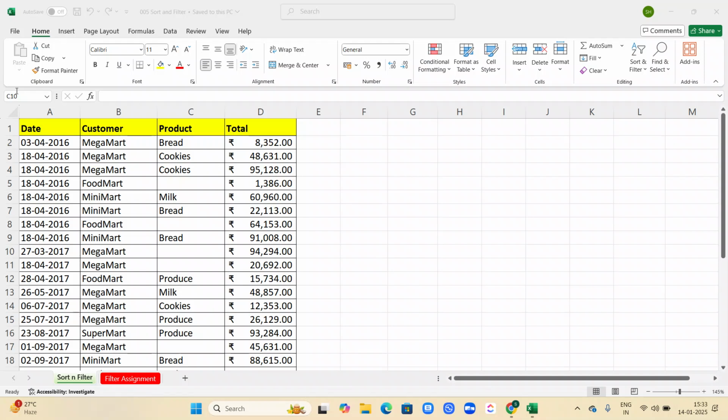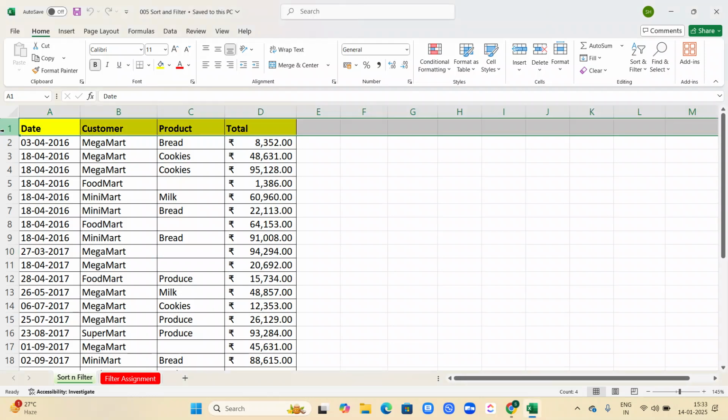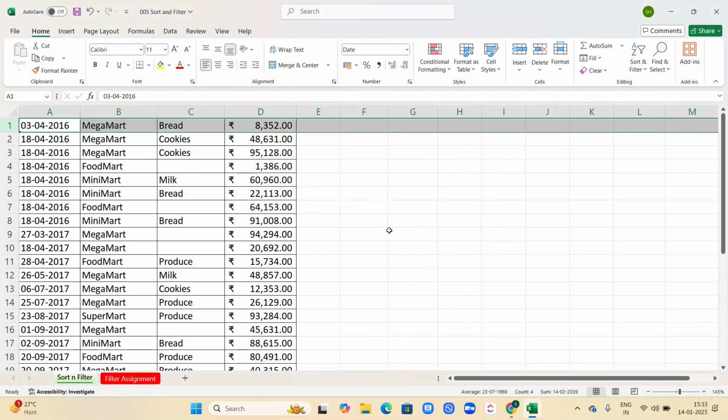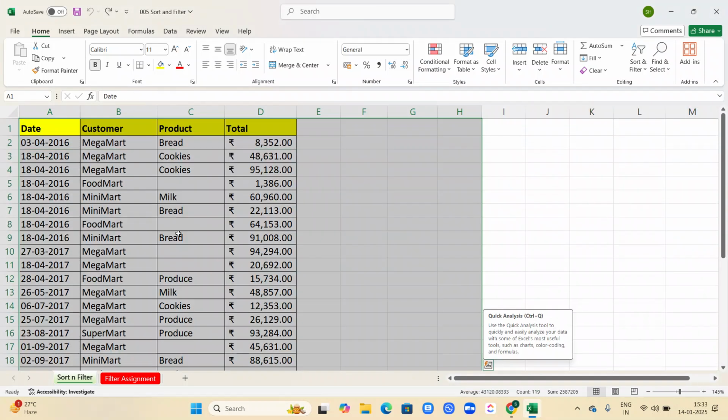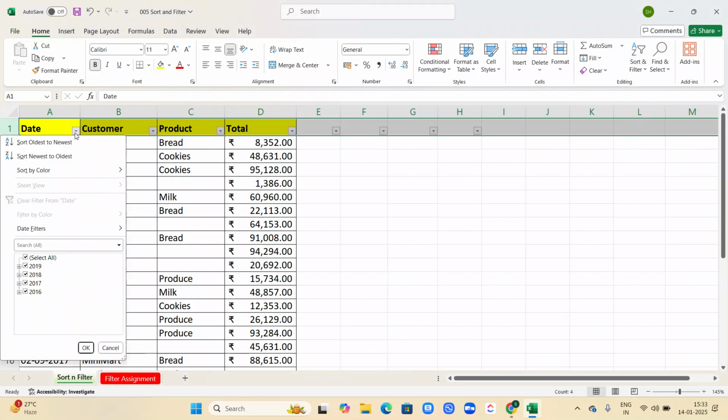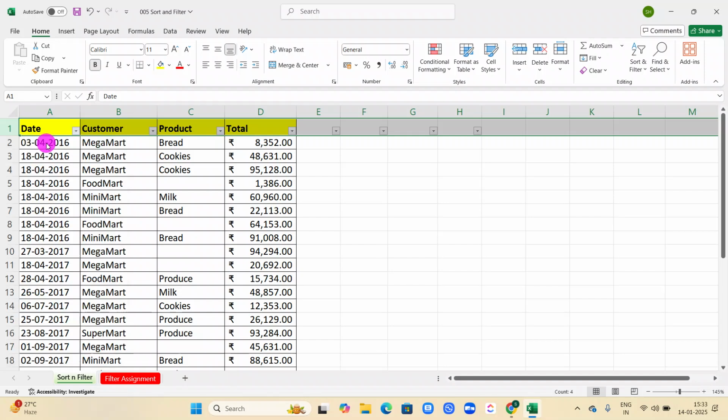First, for sort and filter, you need to apply the filters to the very first row, which is the headers. One way is to select the entire headers and then go to the Home tab. Under the Home tab, in the Editing ribbon, you will find Sort and Filter. From there, you can apply the filters first, and once you apply the filters, you can sort from oldest to the newest